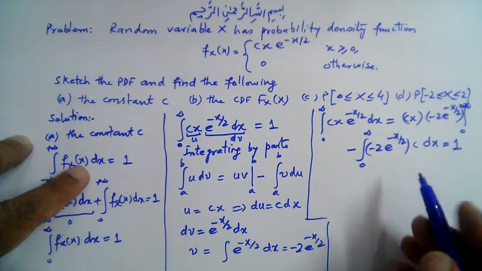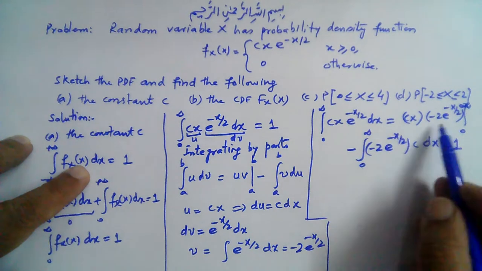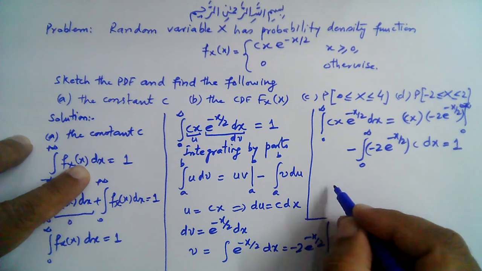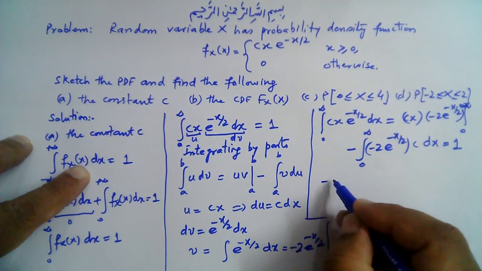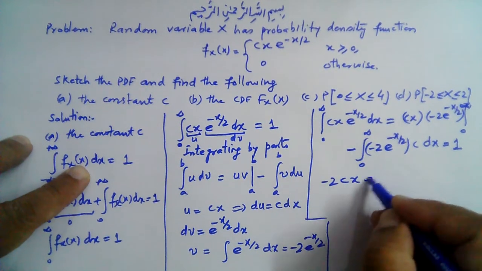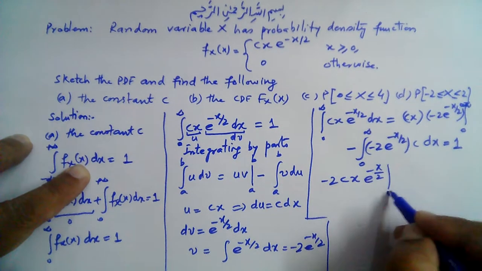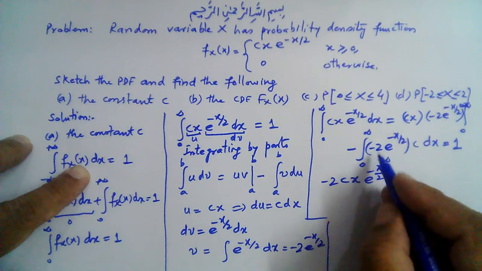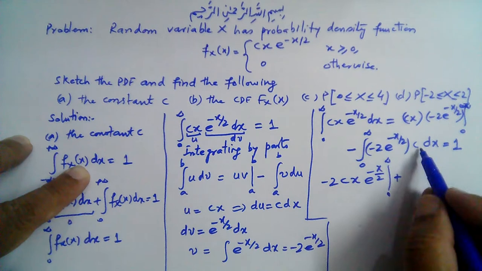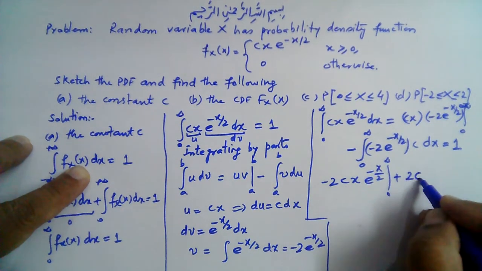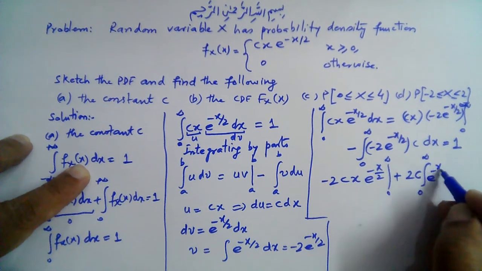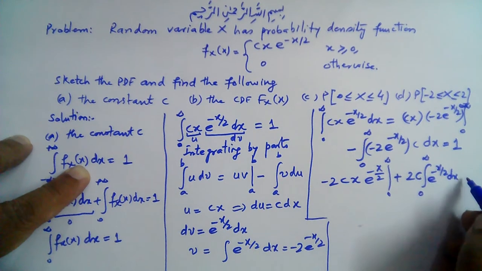So let us write it in a more compact form. So it will be like, for example, minus 2 c x e raised power minus x over 2, limits 0 to infinity, and then this minus minus will come out to be plus, and this is constant 2 and this is constant c. We can combine them like here, 2c, right? And the limit is 0 to infinity e raised power minus x over 2 dx, and that should be equal to 1,